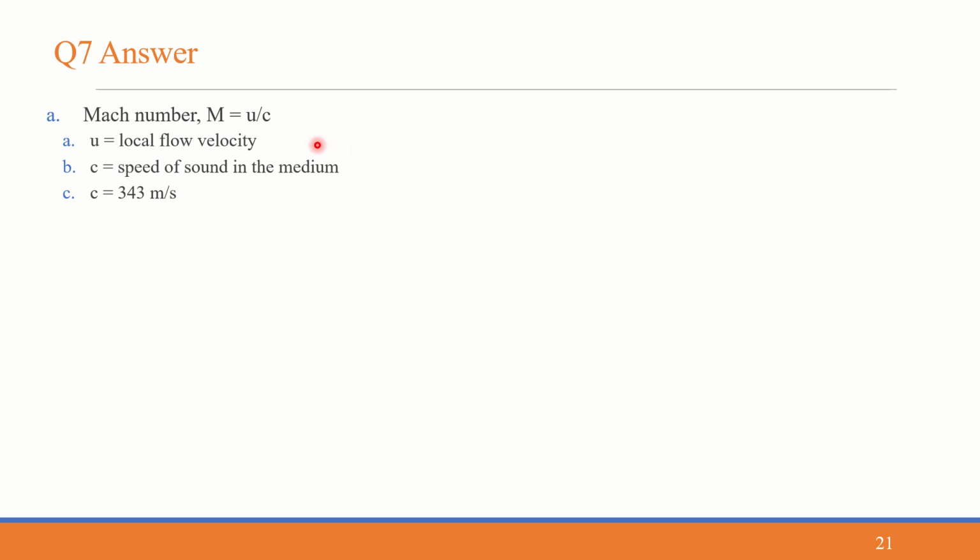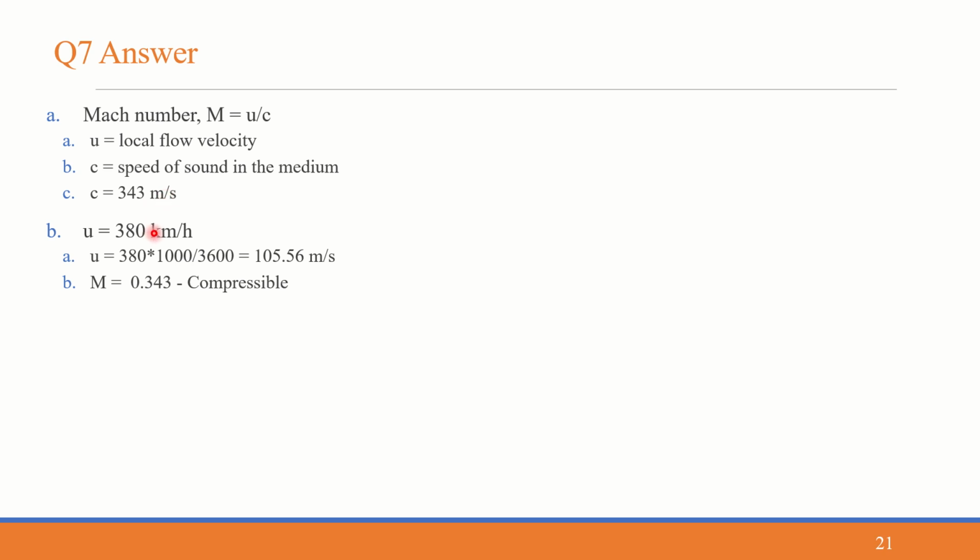Mach number is given by M, which is equal to u by c. So it is the ratio of local flow velocity to the speed of sound in the medium. u is the local flow velocity, c is the speed of sound in the medium. For air, c is 343 meter per second. So our first case is